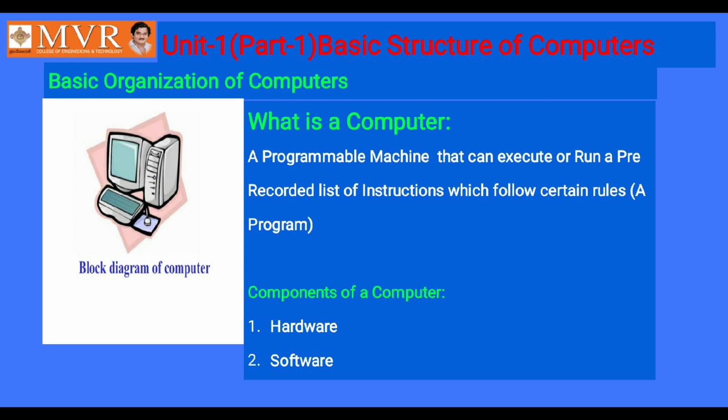And the second one is, we have hardware, and if the hardware is available, is it enough? No, we need a certain set of instructions and some data to be executed with the instructions. So this set of instructions and data combined is called software. So the basic two components of a computer are hardware and software. These two components together are called a fully processed computer.